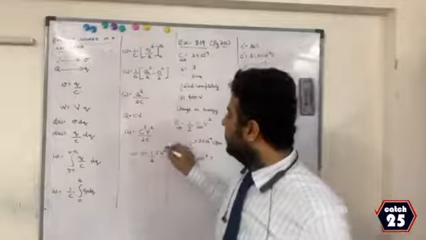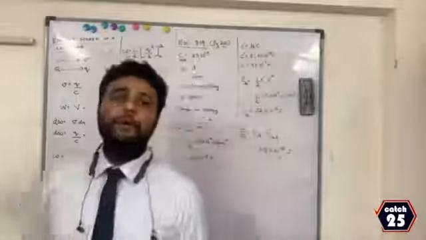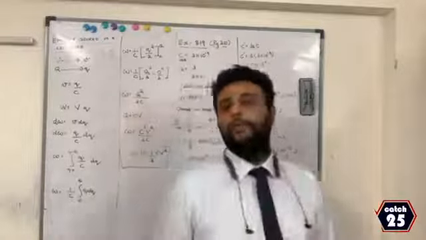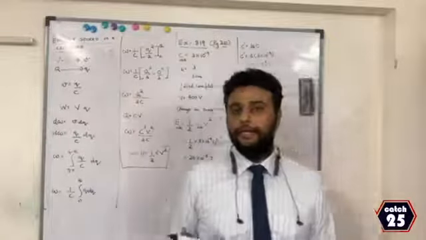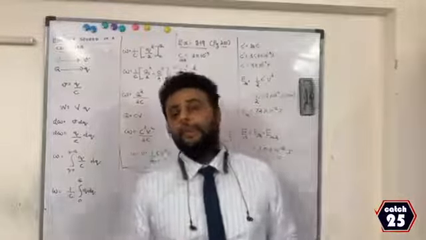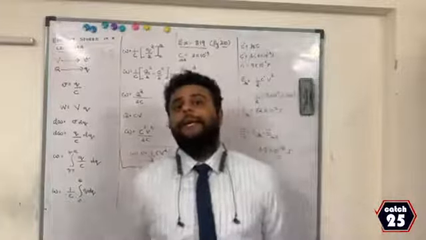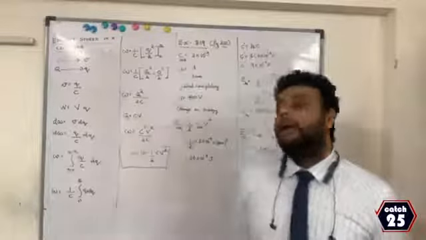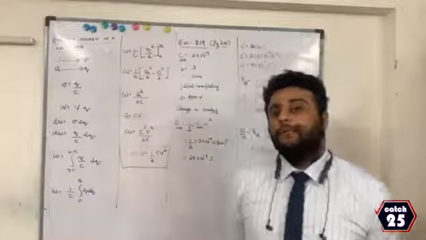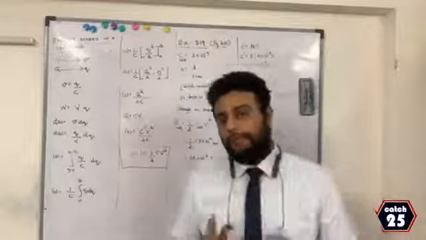Therefore, my work done is the same as internal energy, and the formula for work done or internal energy is half CV square. In future, if they ask you what is the work done or what is the energy stored in a capacitor, it is half CV square. And in which form is the energy stored? Energy is stored in the form of electrostatic energy. And where is the energy stored? Between the plates of a capacitor.